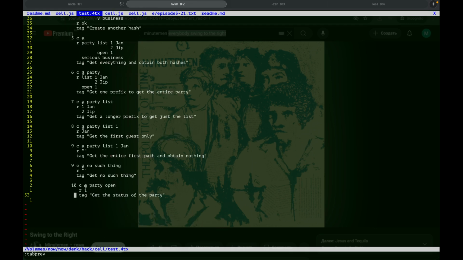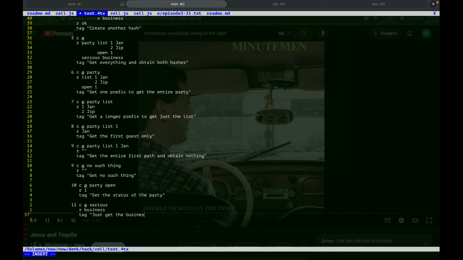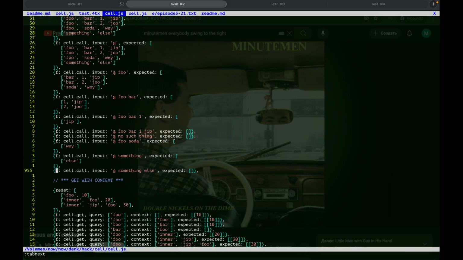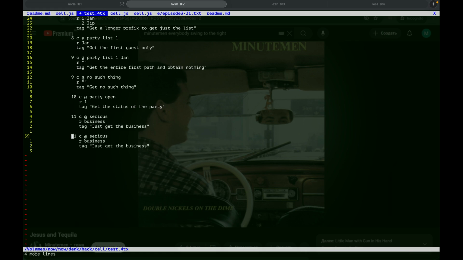I just get the other one. That was get the entire last path and